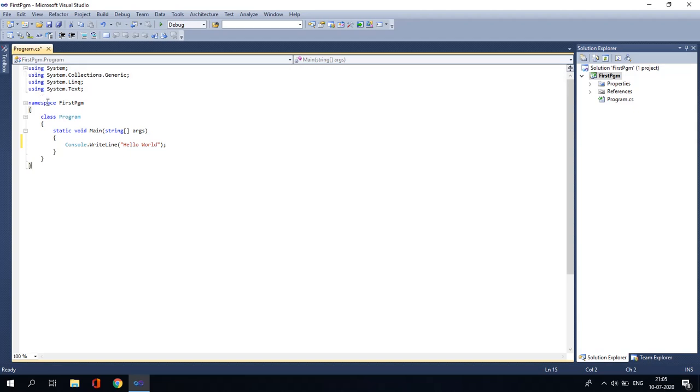Dark blue indicates .NET keywords, light blue indicates the class name; console is a class name, program is a class name. Hello world is written in red color, which shows it is going to be displayed on the output screen. Whatever is between double quotes will be in red color.